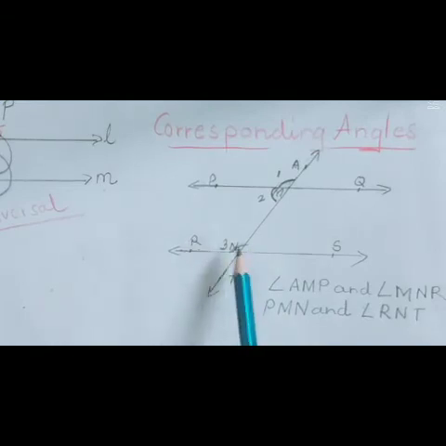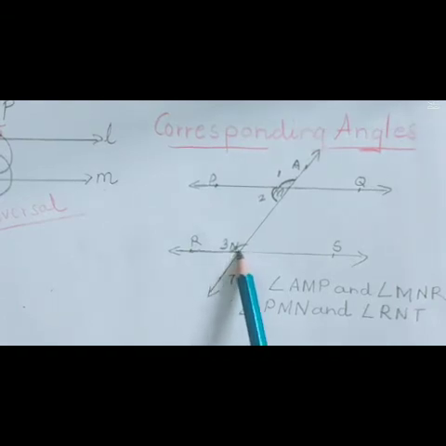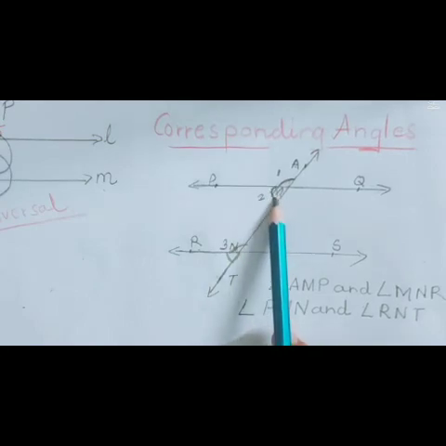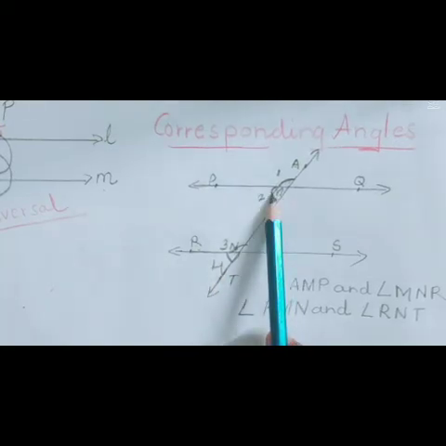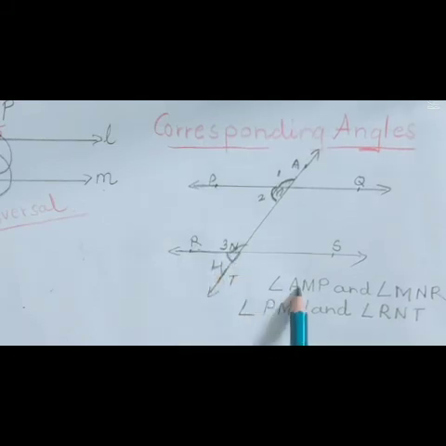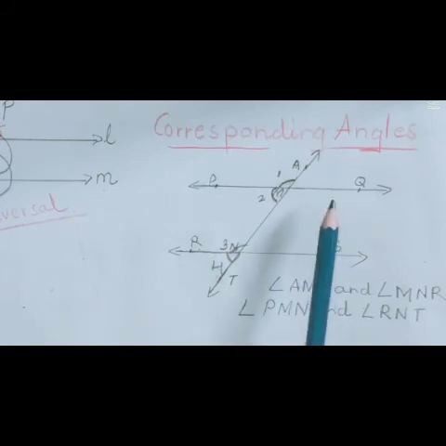Have you understood this? I showed you in 1, 2, 3, 4. No, same way here, but we are writing in full form angle. Yes, the angle name we are writing angle AMP and angle MNR. And second pair is PMN and angle R and T. So here you can see this second and fourth. Yes, this is fourth angle, second and fourth. Okay, yes, as shown in the first figure. And first and second is AMP and MNR. So I hope you will understand this. This was on the left hand side.